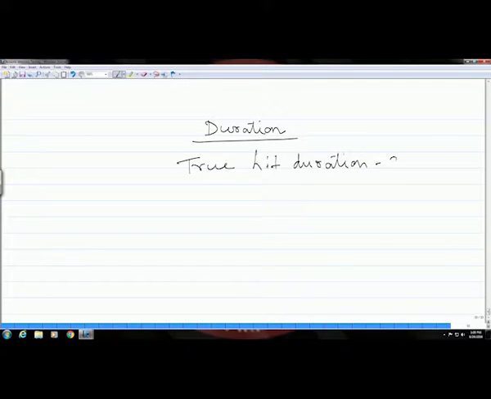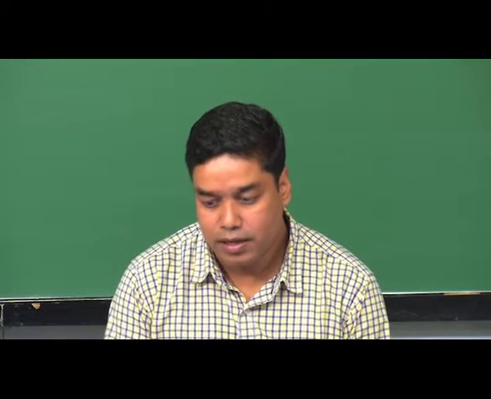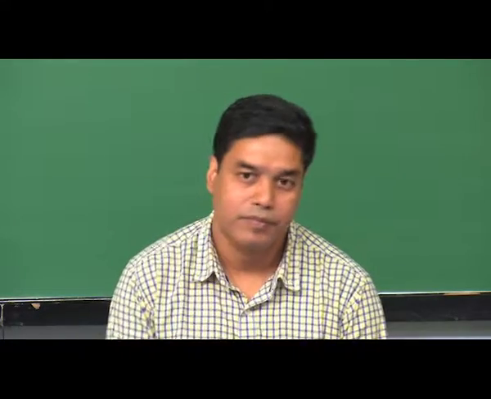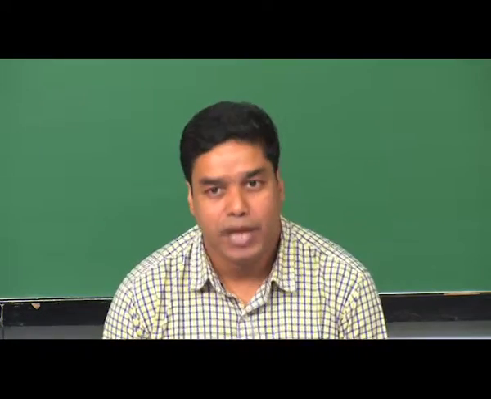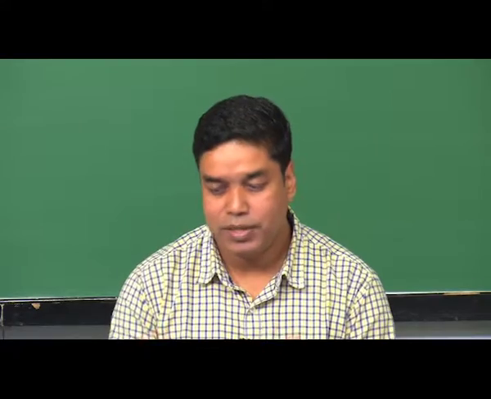So, true hit duration, or the duration of an actual true acoustic emission signal, is in the range of 30 microseconds to 2 milliseconds. Okay. So, as I said, if you see a signal with other values of duration which is not in this range, then it can be identified as noise. Okay. So, that is how this particular parameter, as I said before, can be useful to filter out the noise, but it has to be done in a particular manner through some controlled experiments,